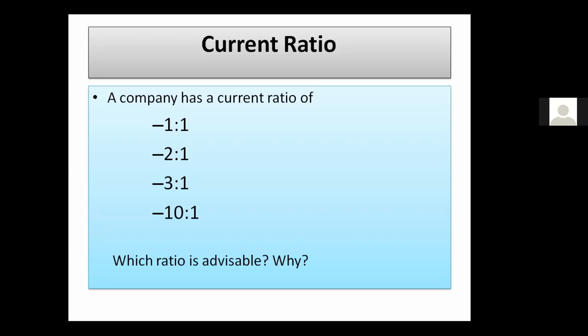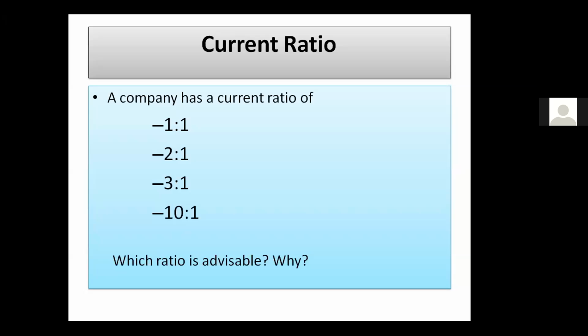It's yet to grow. If we take these two companies as examples, for Reliance Industries Limited, what do you think? Do they require maintaining a higher current ratio? A higher current ratio means you need to compromise on profitability. A lower current ratio means you are making more profitability. For established companies like Reliance Industries Limited, Tata Motors, Aditya Birla Group,